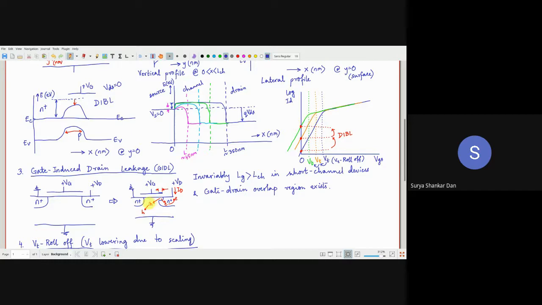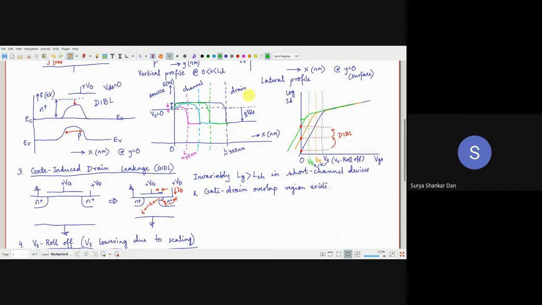On top of being short channel, if you're applying plus VG and plus VD, which is very high, then breakdown will happen at these junctions. There will be a sudden increase in the currents. Of course, if the current increases, it will mean that VT is even further reduced. But what will happen? This increase in the current happens independent of VGS. Yes or no? And that is essentially called as, so the characteristics will now shift like this.